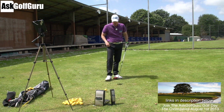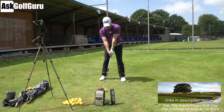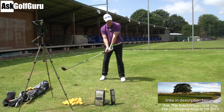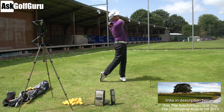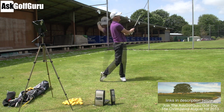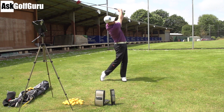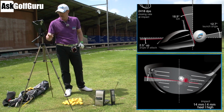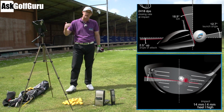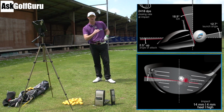Now, if I was to hit a shot from here, if I put a decent swing on, which I did there, not a bad shot at all, what happens is my angle of attack being up, which it is, I've hit 2.5 up, I've hit that slightly in the heel, but I've hit it above the centre line on the strike. So I struck it above the middle of the club, which is where I wanted to get the higher launch,